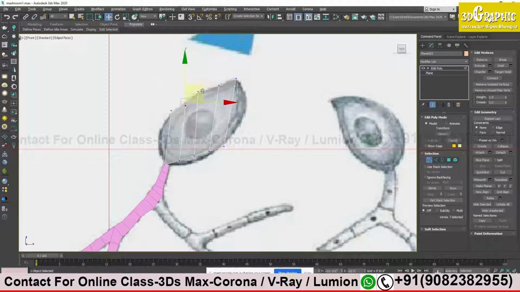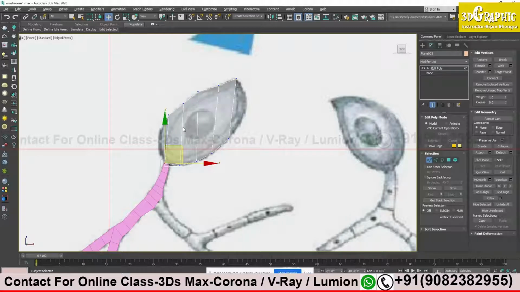You don't have to be exact perfect as of now, because at the end after creating the shape you can adjust it also. So in your initial stage just try to create the overall shape. Quickly just add vertices and replace vertices as needed. Over here also I need vertices.